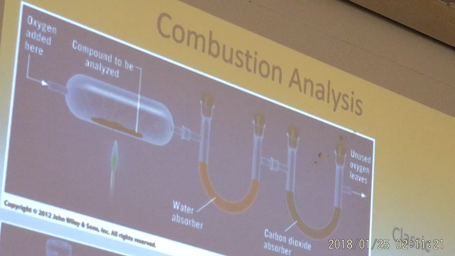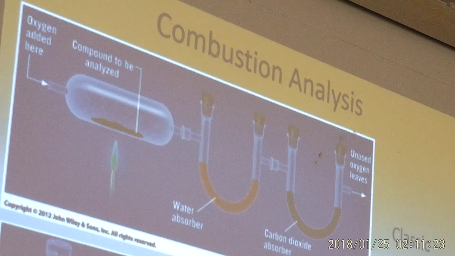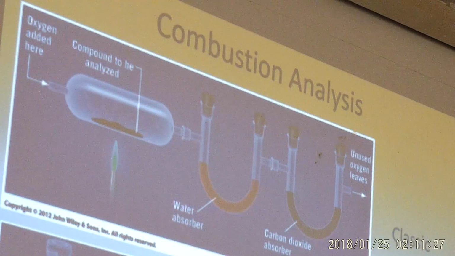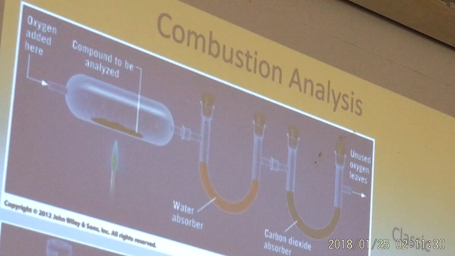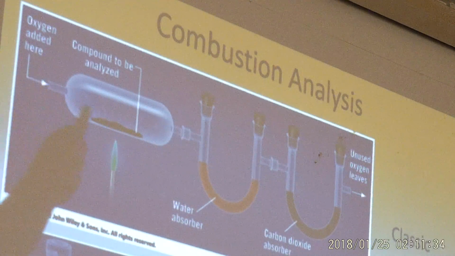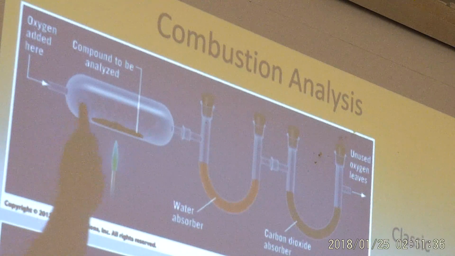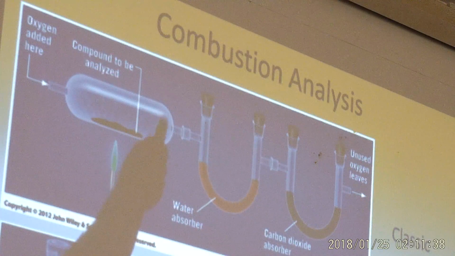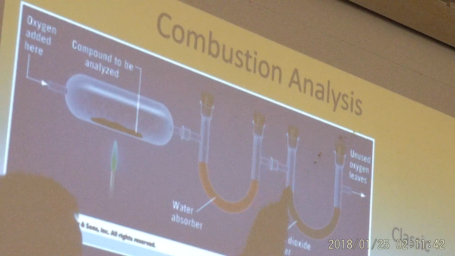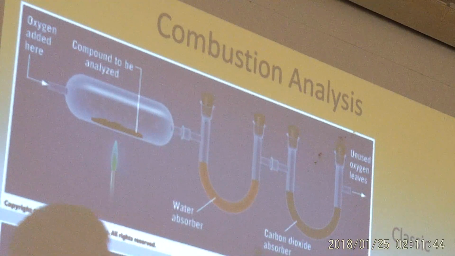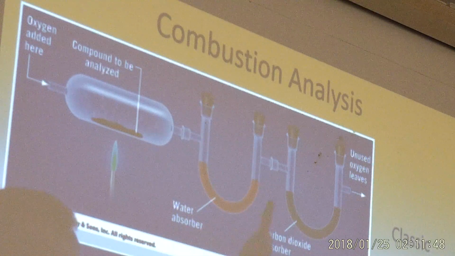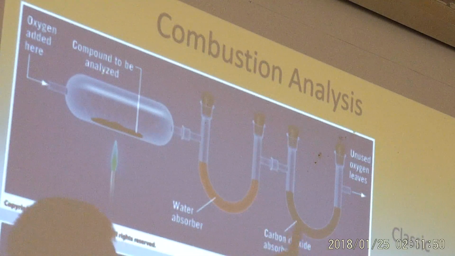It'll burn or combust, which is a fancy word for combine with oxygen chemically. If I do that, especially if oxygen is continuously being added, the resulting combustion products will come through here and be forced down this direction and out. This is like a sandy material that will absorb water. This is a different kind of sandy material that will absorb